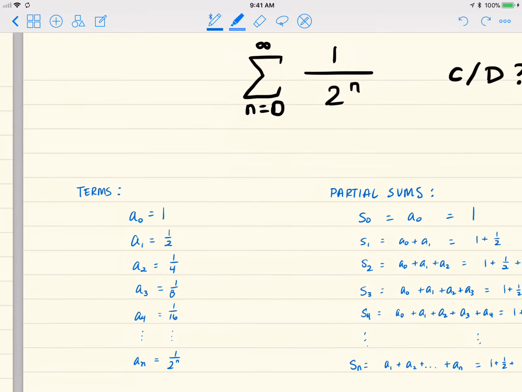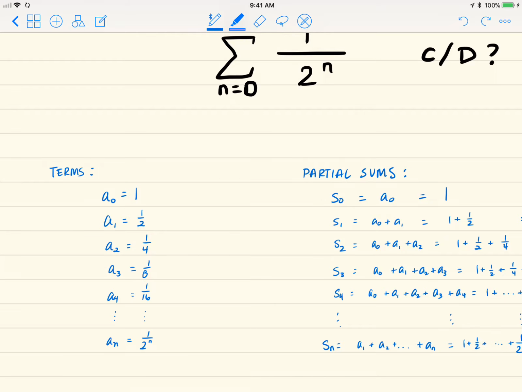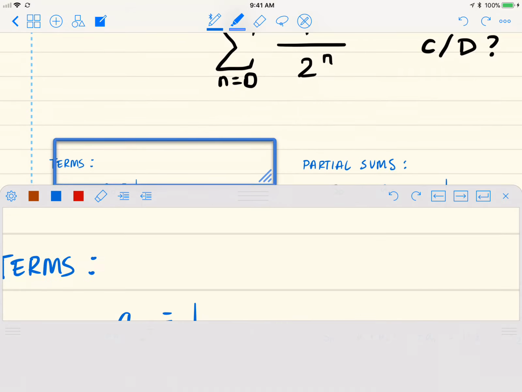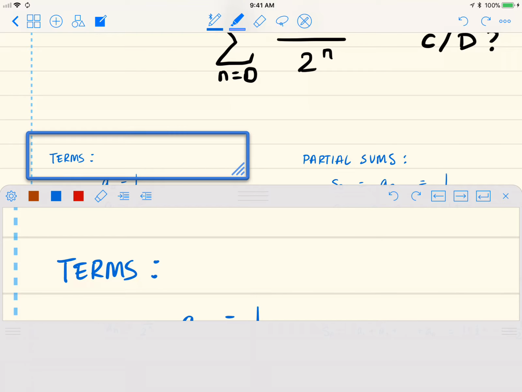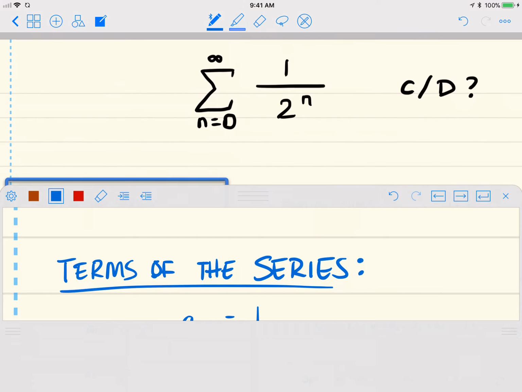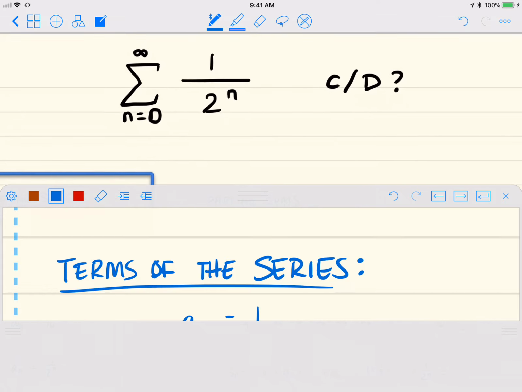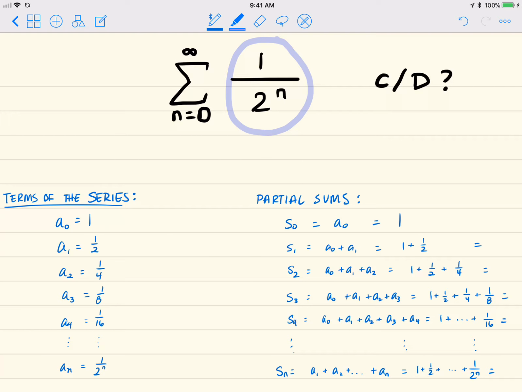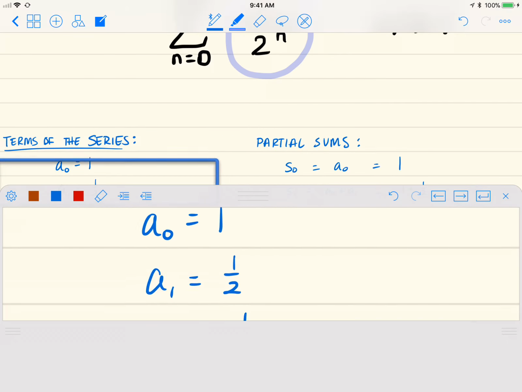So, of course, the first thing we're going to do is look at our terms, the terms of our series. Now, where do we get the terms of the series? The terms of the series are right out in front, right? So this gives me the nth term of my series. So let's look at this. This should be pretty easy